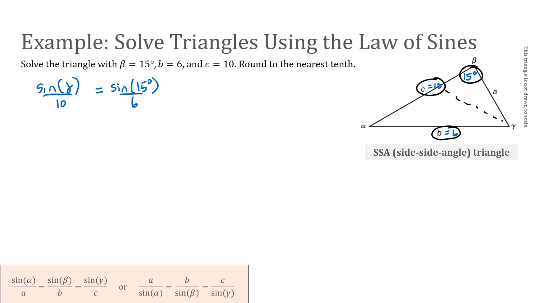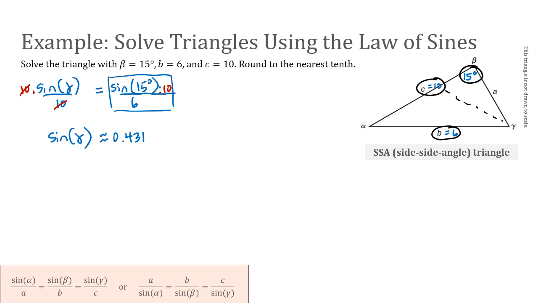Now, I'm going to multiply both sides by 10. The 10s cancel out on the left, and I'm left with the sine of gamma equaling the sine of 15 degrees times 10 over 6. So if I plug all of this into my calculator, I get that the sine of gamma is approximately